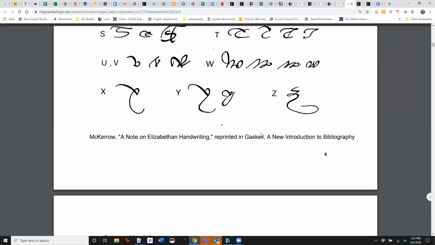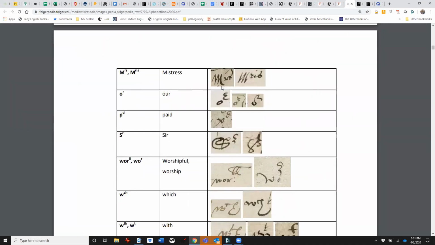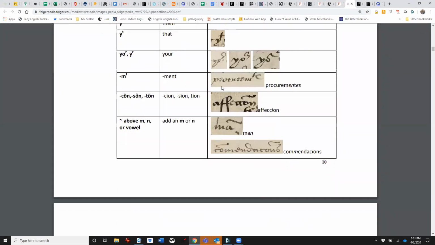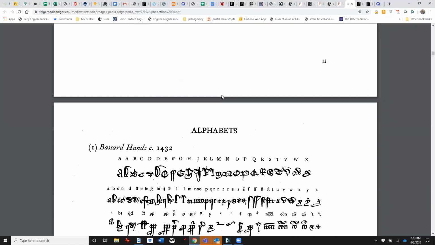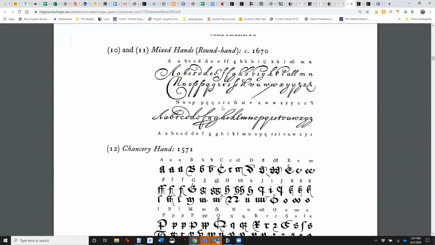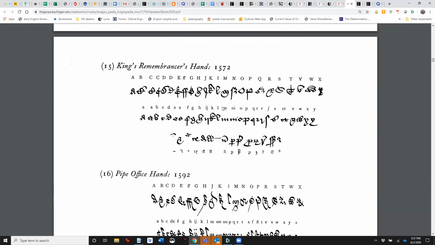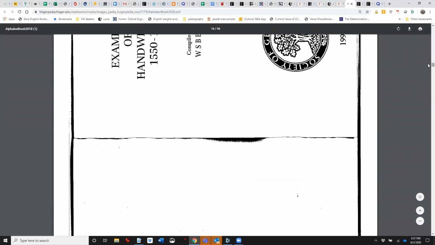So please download this alphabet book. It has an abbreviation section as well. And we've tried to include a lot of examples of abbreviations you'll encounter. And then I've reproduced from various works that are in the printed bibliography at the end, other alphabets that have been reproduced, other abbreviations.